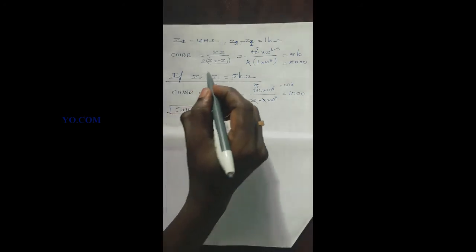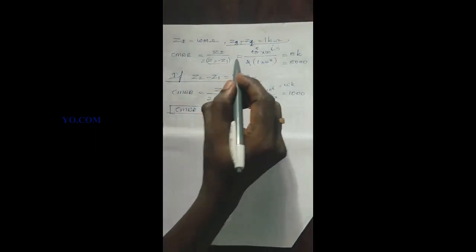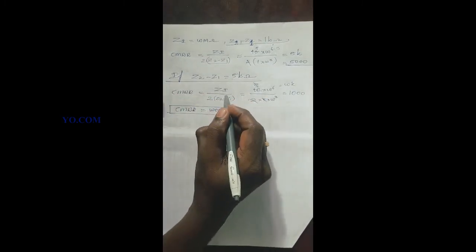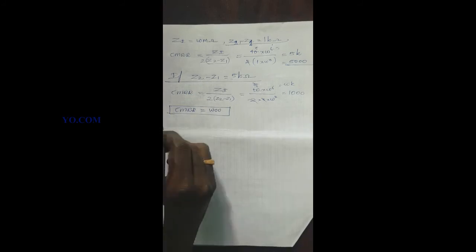See, assume here the Z2 minus Z1 is 1 kilo ohm initially, then the CMRR is 5000, which is a very high CMRR. If the Z2 minus Z1 is 5 kilo ohm, so it is unbalanced. Okay, so that reduces CMRR to 1000. Thus we can see that the impedance unbalance due to electrodes on ECG has reduced the CMRR from 5000 to 1000. Okay, further let's suppose